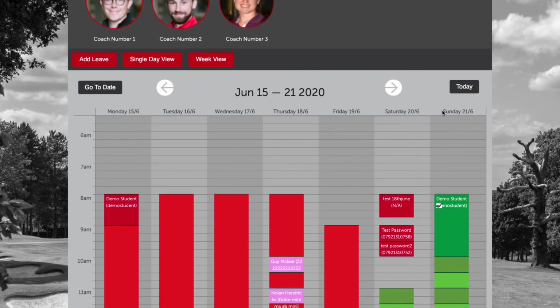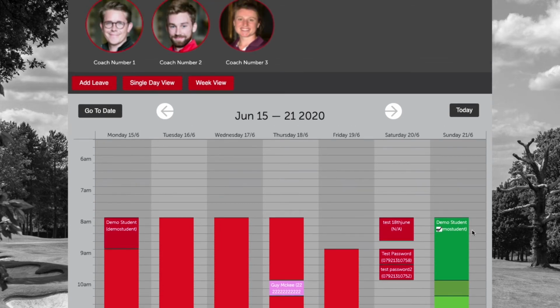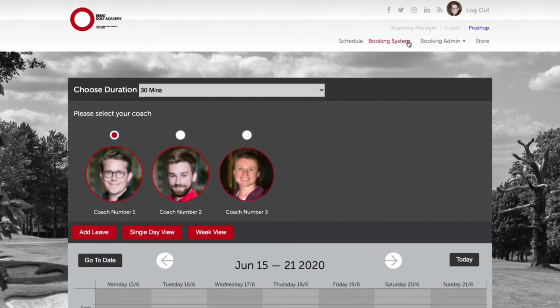And we can see now on Sunday the 21st, we now have our booking that's been added to coach number 1's schedule, and we can see here that we have a putting icon that now appears over the top of that lesson, indicating that that lesson is taking place in the Putting Lab facility. Let's navigate back to the booking system,